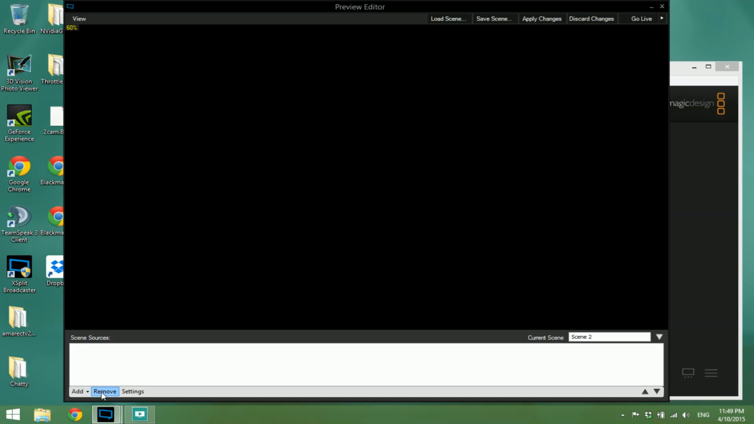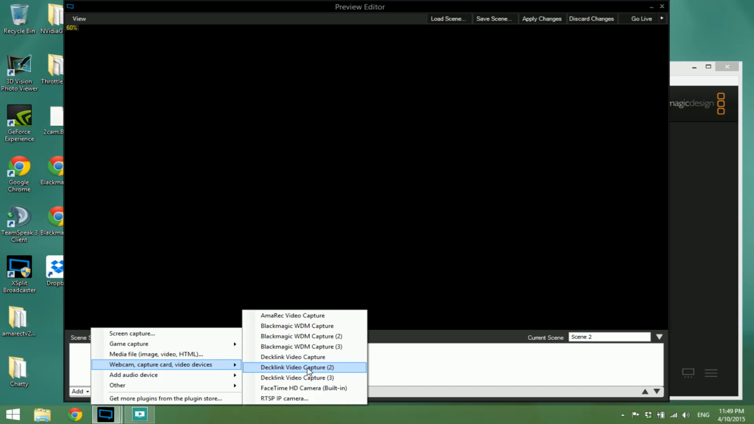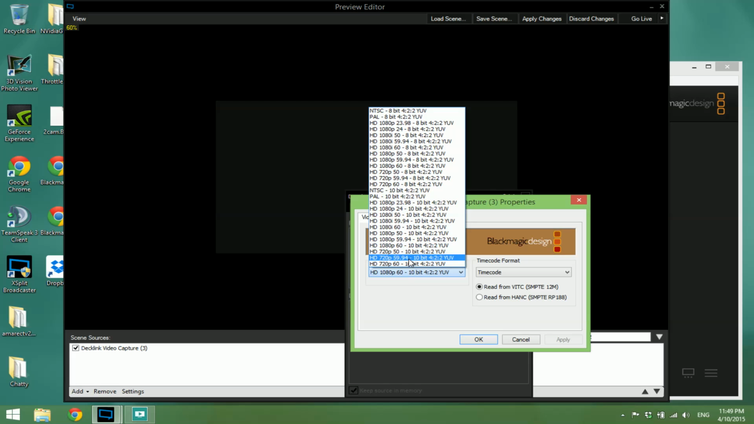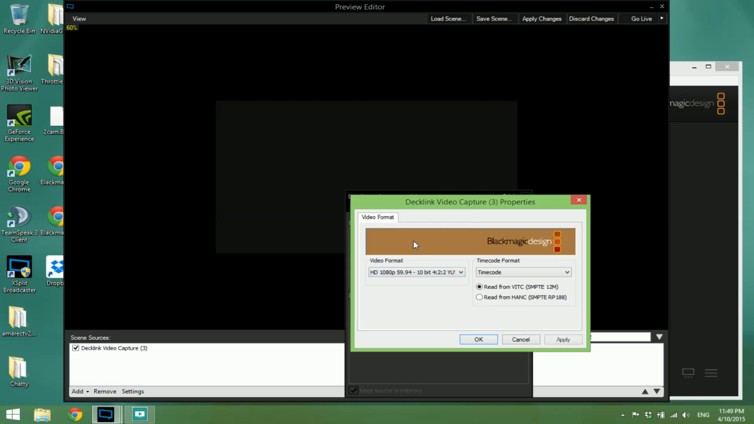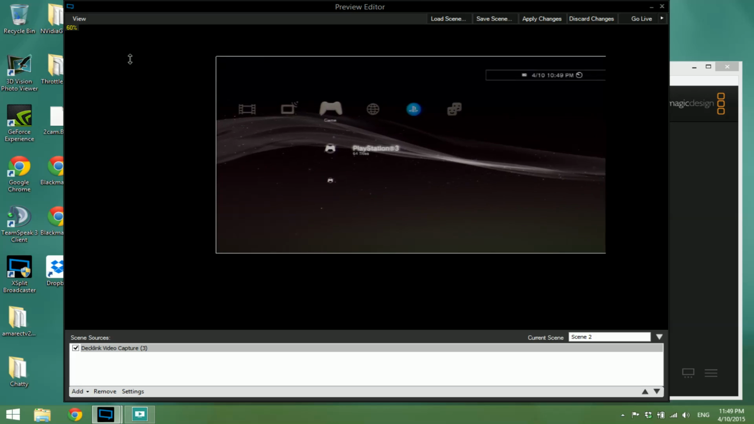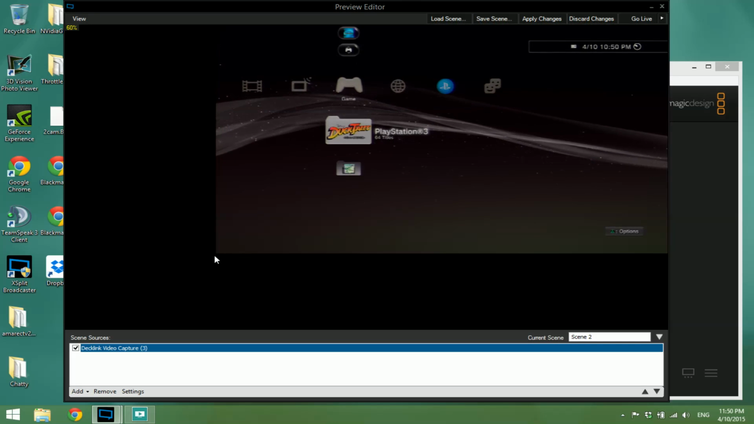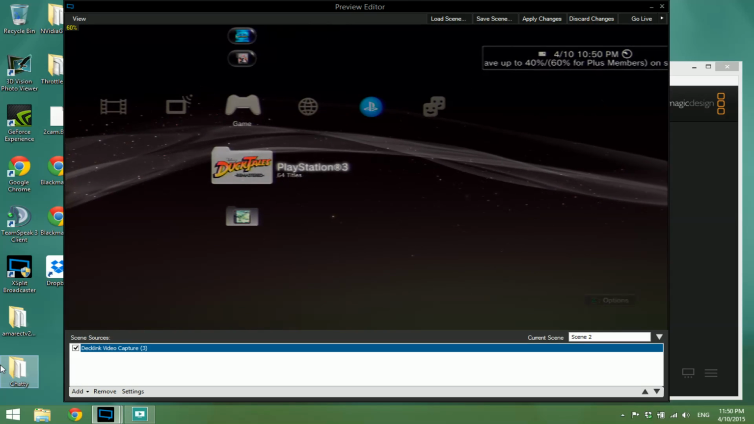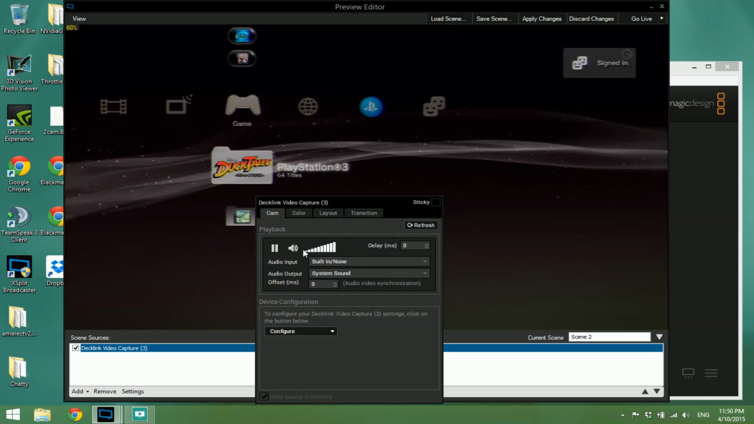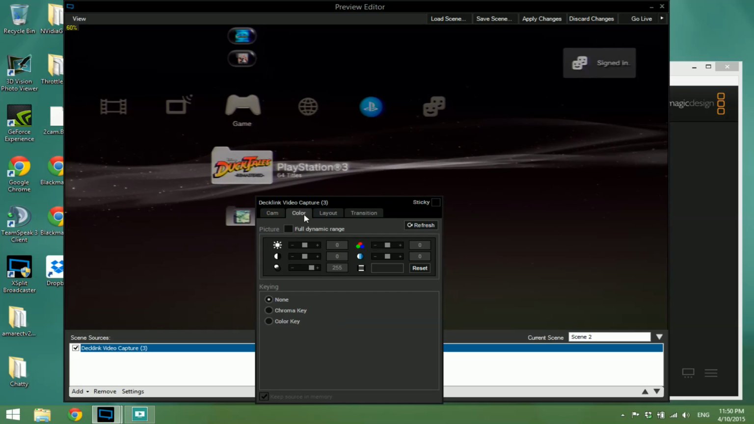Let's remove both of these. So number 3, we have to switch it to 5994. I'll pick the 10-bit. Hit apply, hit OK. And just like that, we have the PlayStation 3. Something that I've learned is the reason why this works is mainly because of the color space that's coming off of